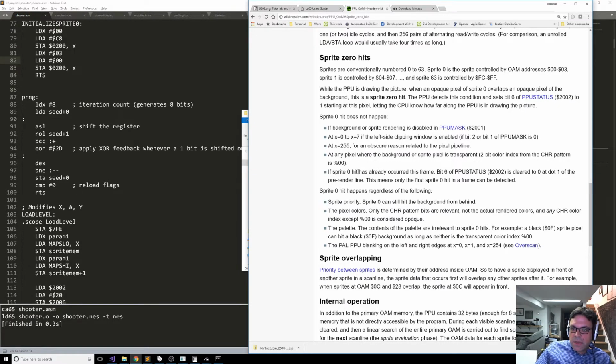If sprite 0 hit has already occurred this frame,